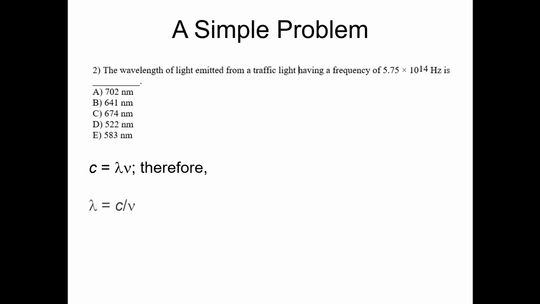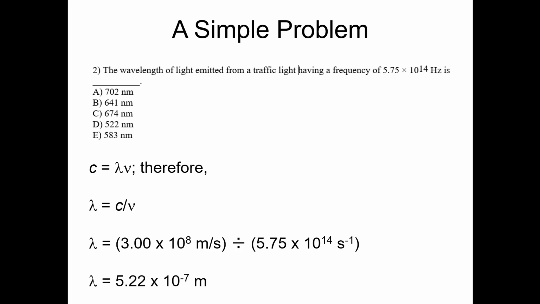Therefore, we can simply rearrange that because we're solving for lambda. Lambda, the wavelength, is equal to the speed of light divided by the frequency, which is equal to 3 times 10 to the 8th meters per second divided by 5.75 times 10 to the 14th reciprocal seconds. And that gives us 5.22 times 10 to the 7th meters, which is